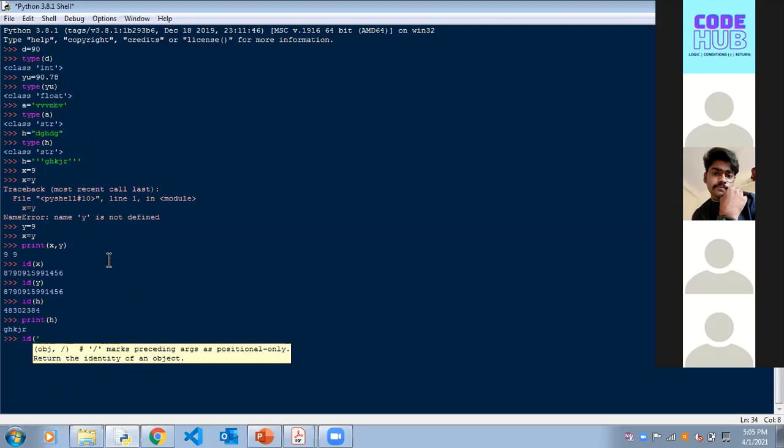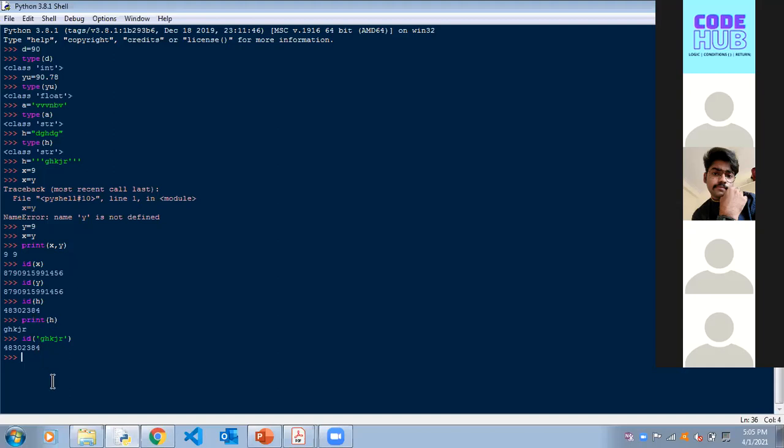Now you ask me to access the ID of GH, what is that? KJR, that's the value. There might be many other values like that. So they both are referencing the same point.